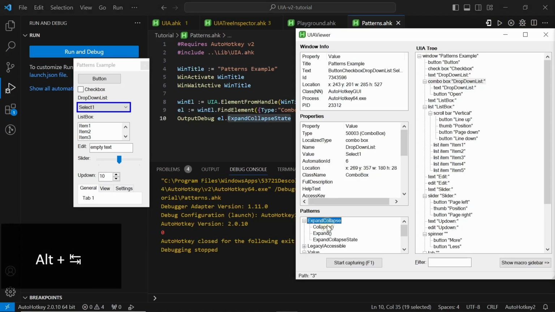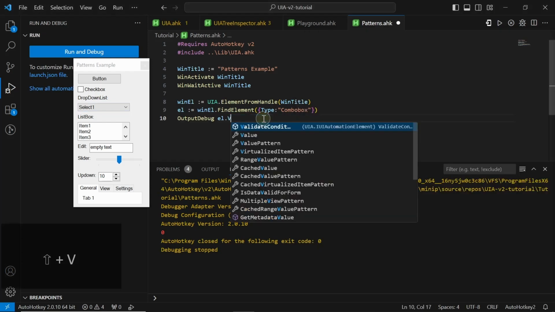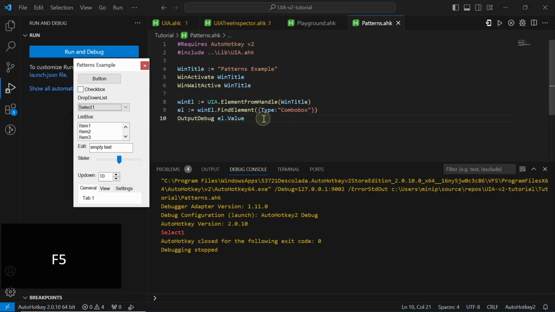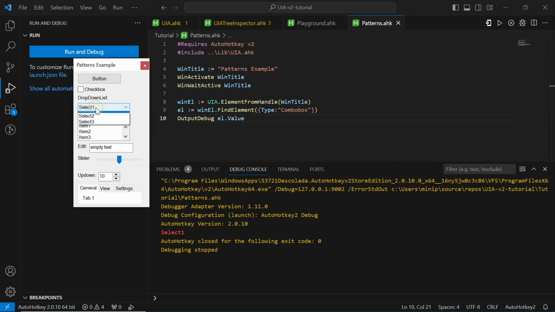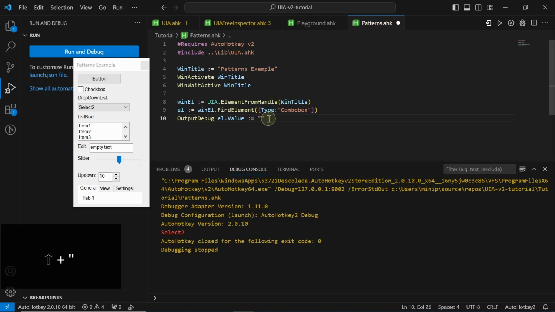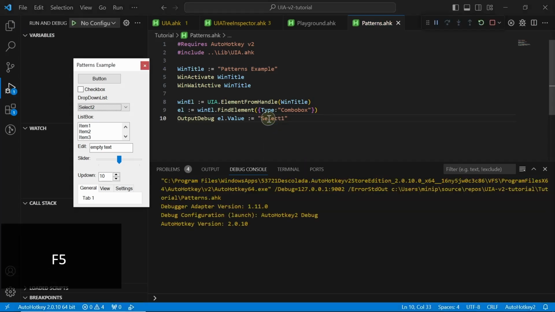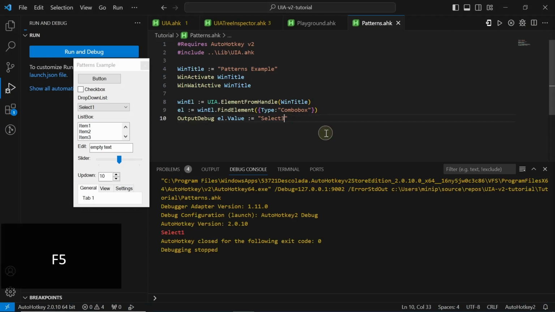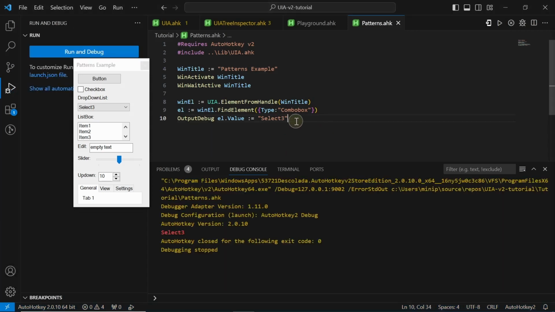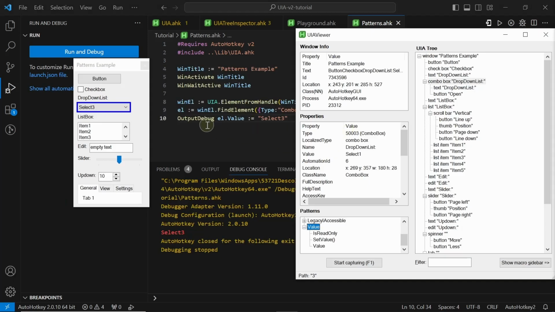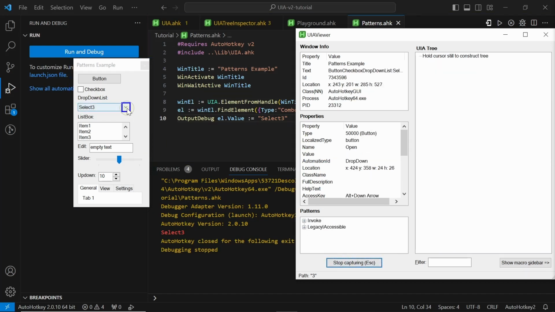We can also access its value pattern, and we can get the value property like this, and we see that the current selection is select 1, or if I select something else, then the current value changes. I can also try to set the combo box to a desired value. However, I cannot change it without knowing beforehand what items it has available. So in this case, we would need to expand the combo box,